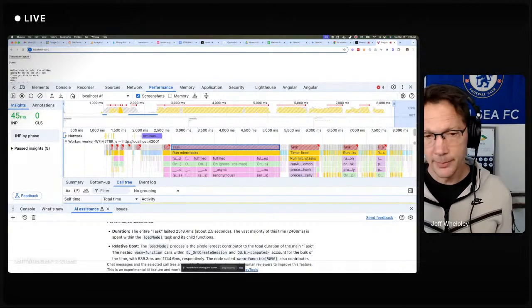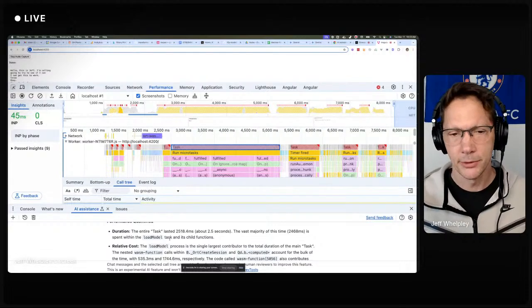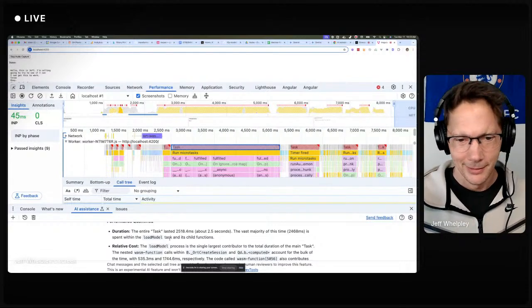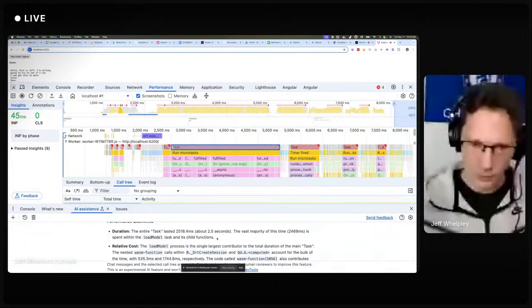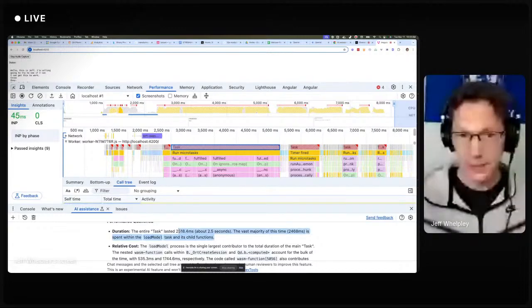I guess it's not surprising now thinking about it, but I didn't realize that it would take so long, 2.5 seconds, to essentially serialize the library, the model rather, into